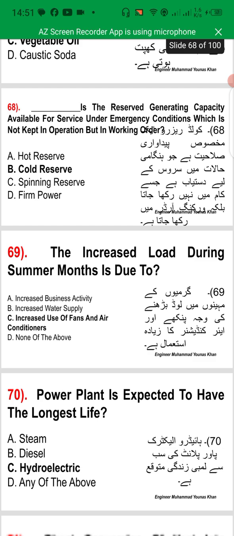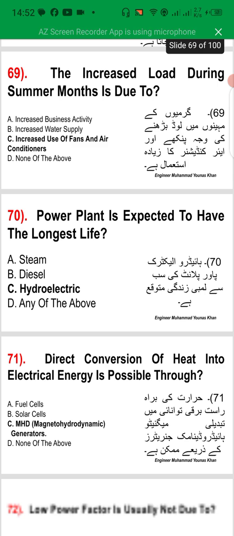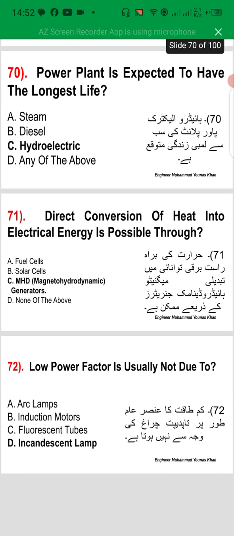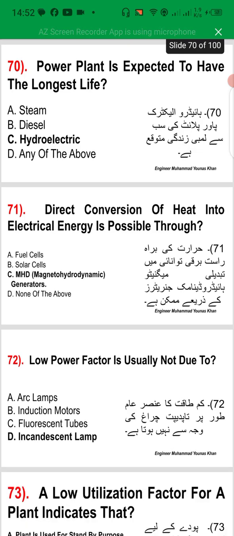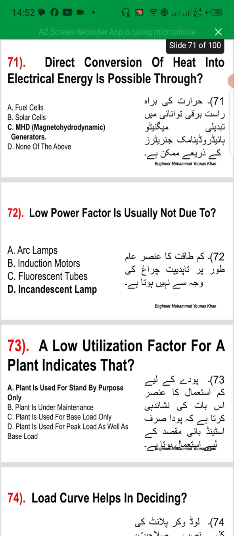Spinning reserve is the reserved generating capacity available for service under emergency conditions, which is not kept in operation but in working order. The increased load during summer months is due to increased use of fans and air conditioners. Which power plant is expected to have the longest life? Hydroelectric. Direct conversion of heat into electrical energy is possible through